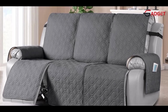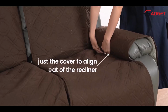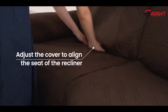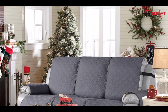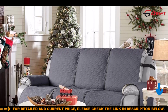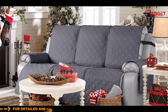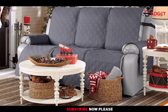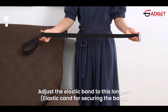Crafted with durability in mind, this couch cover features a 4-layer fabric construction that includes a 100% waterproof layer, making it highly effective at preventing spills, pet messes, and general moisture damage. It's especially well suited for households with kids or pets, and it remains breathable, so you won't feel hot or sticky during warmer months. Even after multiple machine or hand washes at 30 degrees Celsius, the cover retains its shape